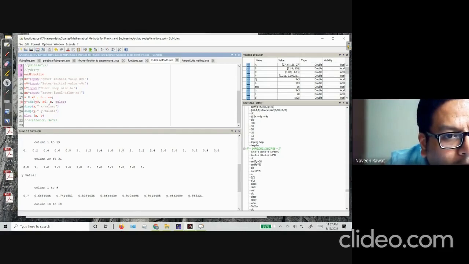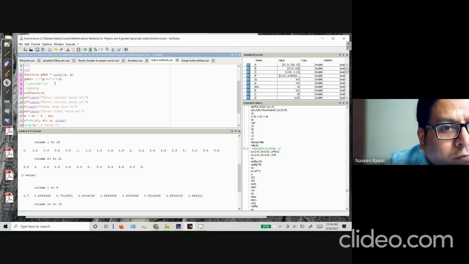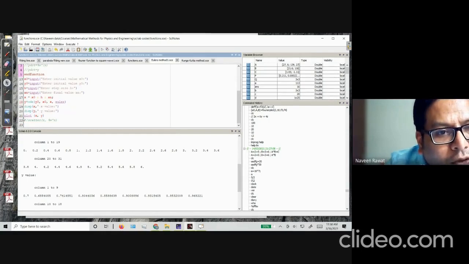It's a function of x, and we are plotting that with respect to x. The function itself we have defined as this function Euler, which is the differential equation that we want to solve. Then all we are doing is displaying the values and displaying the plot.